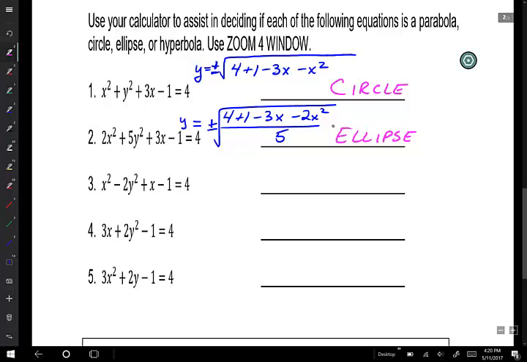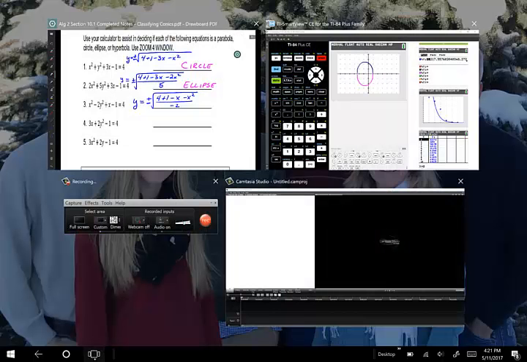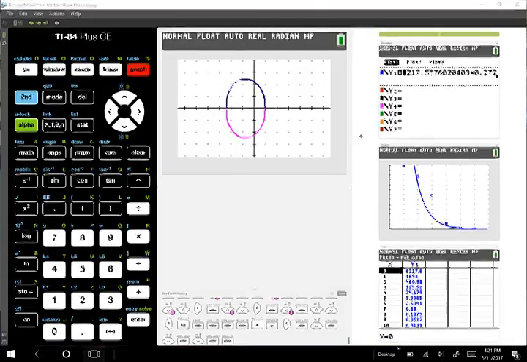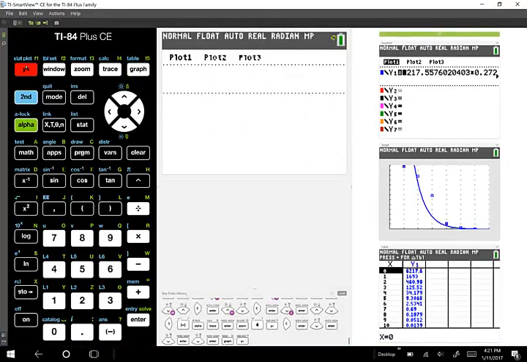Let's look at our third equation and solve that one. We're going to have y equals, and by now you realize you've got the 4 plus the 1 minus the x squared, and we're going to divide all this by -2. We're taking the square root of that with a positive and a negative, because 2 square roots equals 2 answers. Let's go to our equations. Y equals